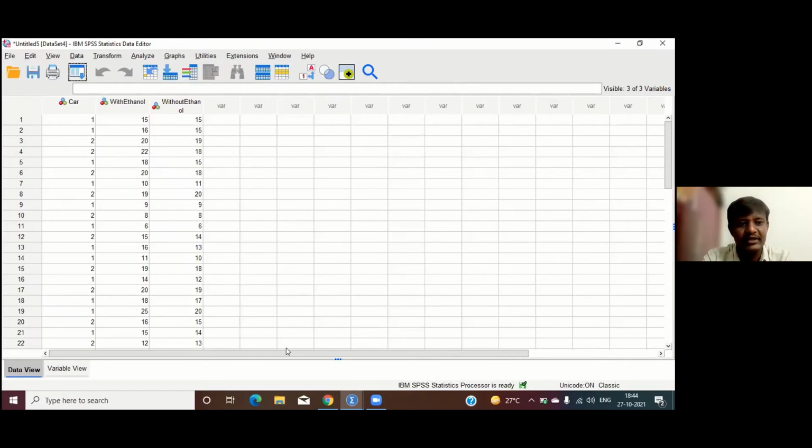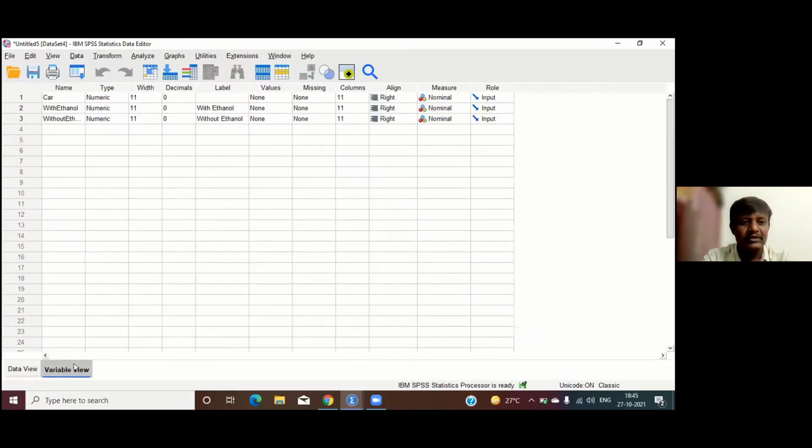Now you can see the data has been downloaded to your SPSS software. Go to variable view, madam, at the bottom.